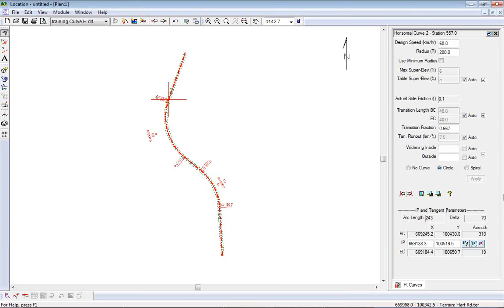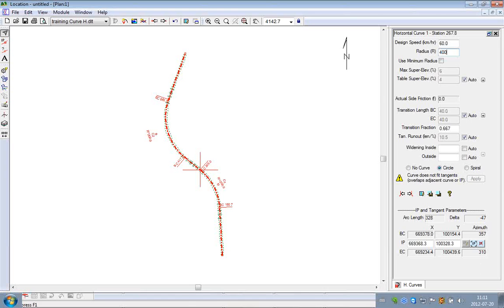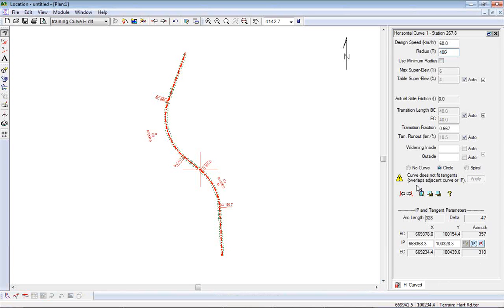Now I can jump to the next IP, click on Get Default, Apply, and there I've put in two curves. If you had everything set up the way you wanted it in your defaults, that would probably be all you needed to do. You may want to make a few changes, like I could come back to this one and say, there's enough room here. I think I'll change the radius from 200 to 400, and I think we're working in meters here. Oops, 400 doesn't fit. You can see I get a warning on the,